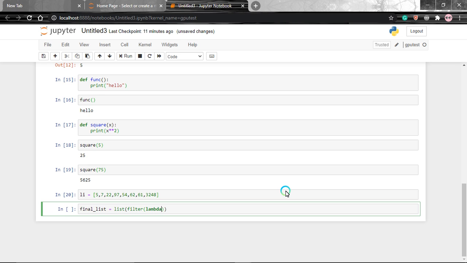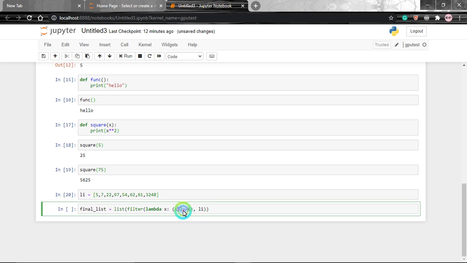This is the lambda function. This is the way it is written. So lambda, we can use x colon such that x % 2 == 0, then list. So lambda is a function and x is the argument, and our statement in the function is x % 2 == 0.